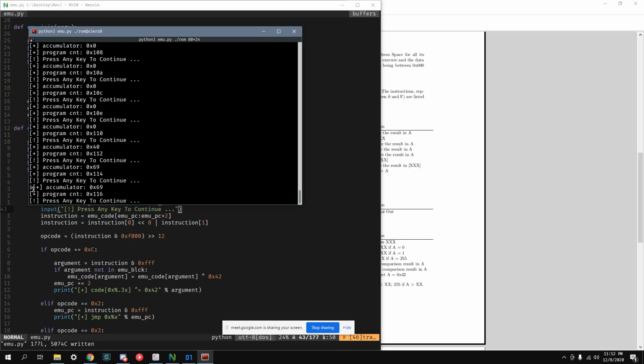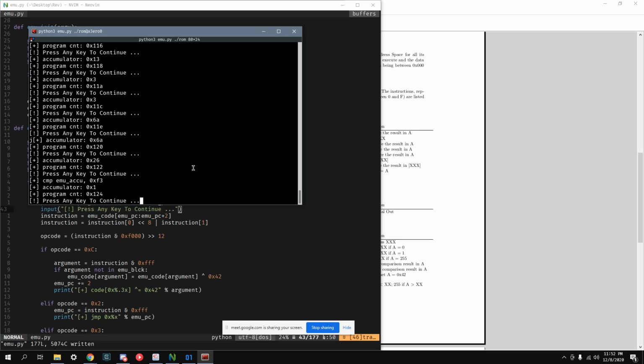Okay, so here we printed I because 69 is I, and now accumulator is 13, then it's 3, then it's 6A, so we printed J. Okay, so we are now comparing accumulator with F3,